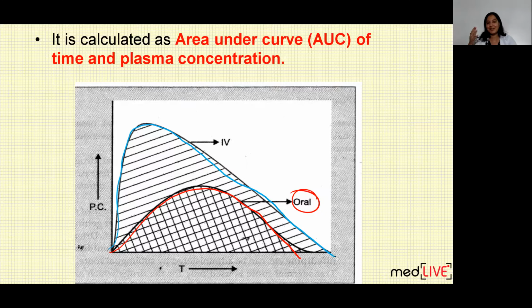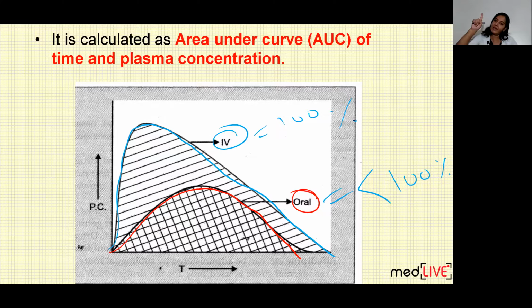Now, can you see? Grossly, you can see which triangle's area is more, the area of IV or the area of oral. Of course, the blue triangle is bigger than the red triangle. So the area under curve in IV route is always higher than oral, because in IV the bioavailability is always 100%, and in oral it is always less than 100%. We have already discussed why. So these are the two curves of the same drug given to the same patient under the same conditions, but bioavailability through various routes is always different. It is 100 for IV and never 100 for any other route. Correct. So that is the summary.